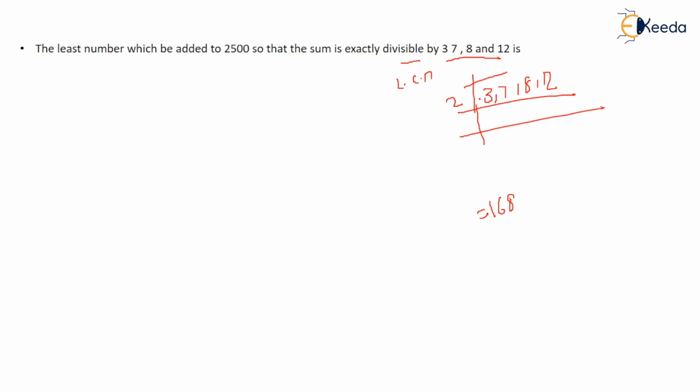So how do you solve? After taking 2, what comes out is 3, 7, 4, 6, again 2, 3, 7, 2, 3. Now you can take 3 common. So 1, 7, 2, 1, then 7. Till the time you don't get 1, 1, then 2. Okay. After multiplying the entire thing, 2 into 2 is 4, 4 into 3 is 12, 12 into 7 is 84, 84 into 2 is 168, which will be the least common multiple.